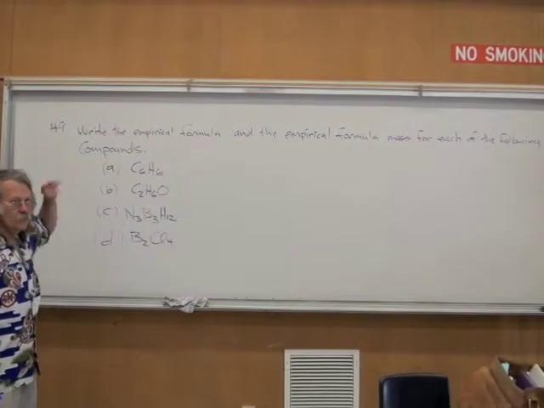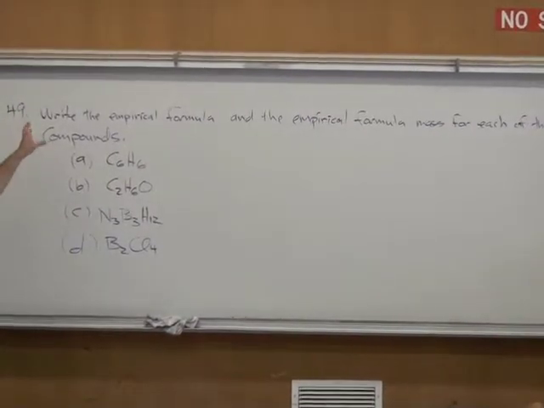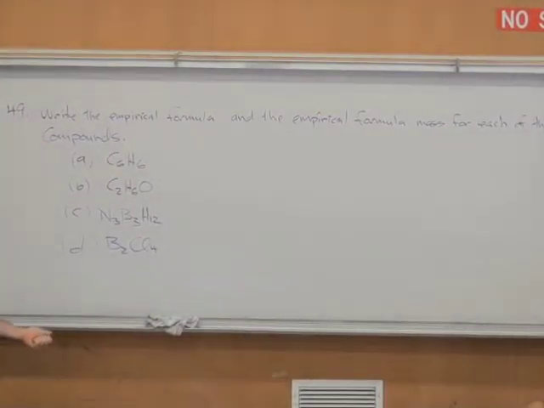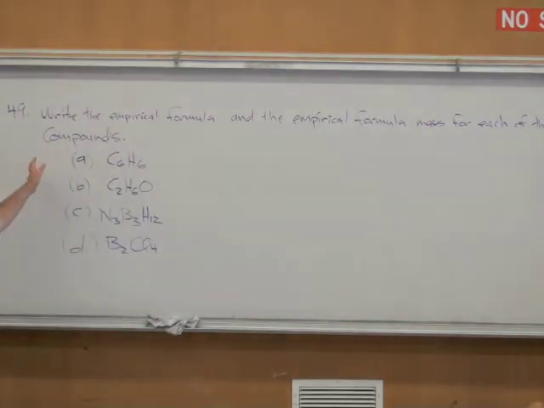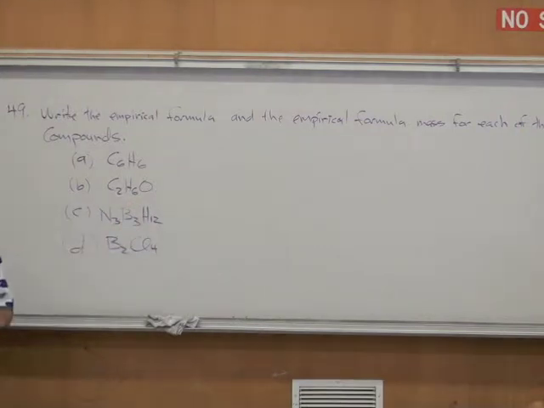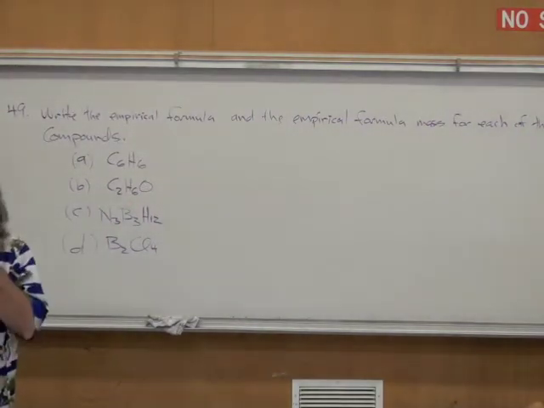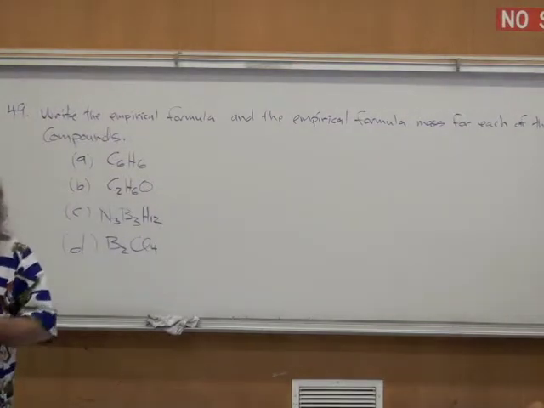This problem, and see, we're going in backwards order here. This problem is going to occur before the one that we just did, which is the empirical formula where we had to find it from the experimental data. So it's no accident that it's that way on the actual test. This is good practice. It's going to set the stage for the actual problem. And this is almost a trivial exercise, but that brings home the point about the empirical formula being the simplest whole number ratio